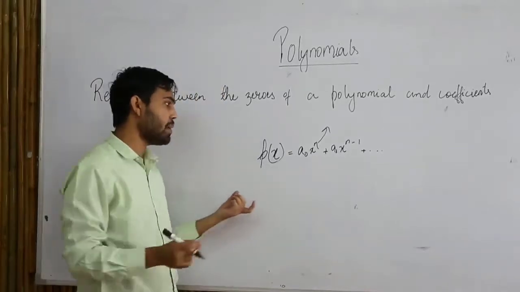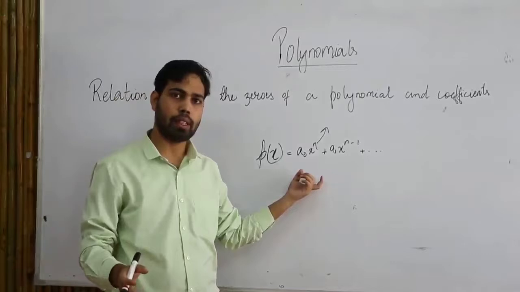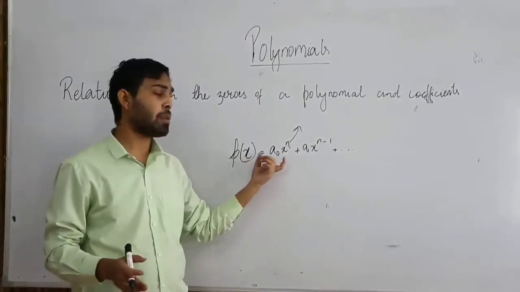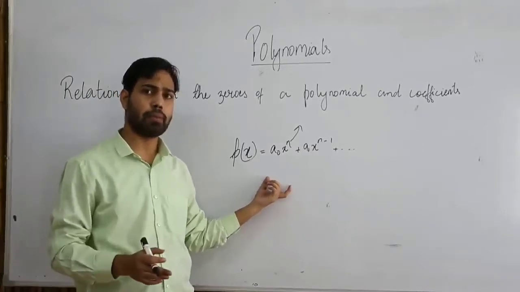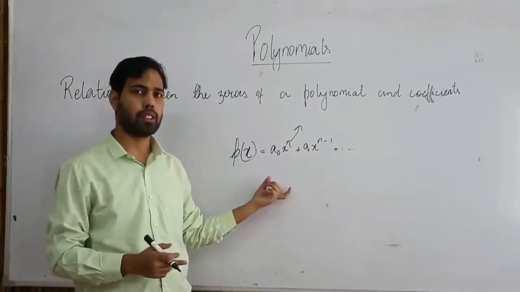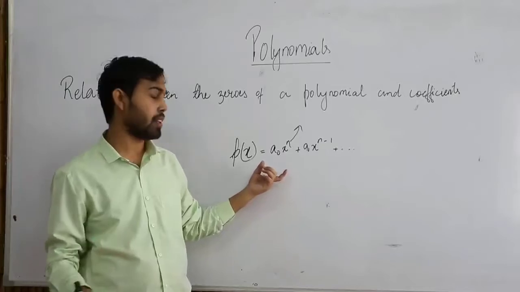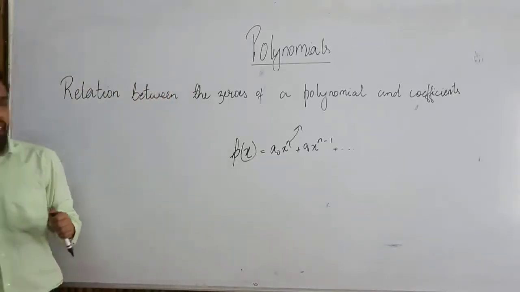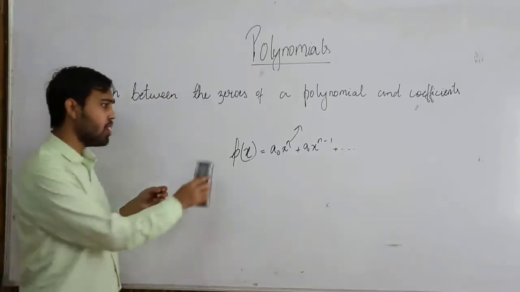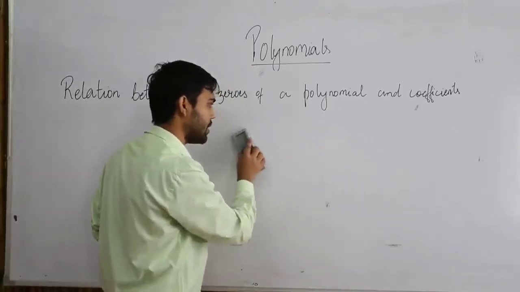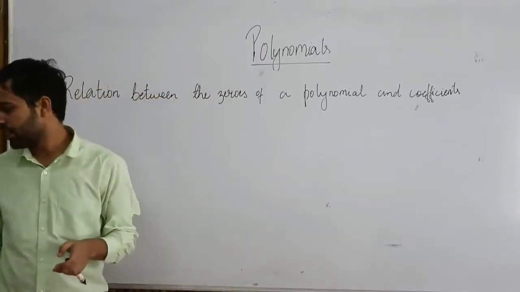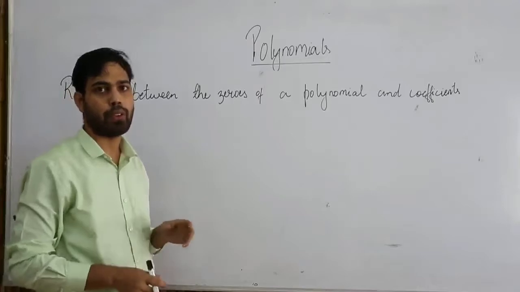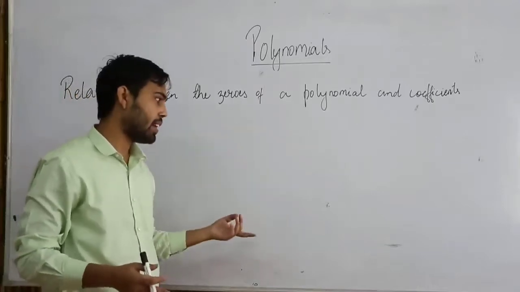So if I have a linear polynomial, the degree of a linear polynomial is 1, so a linear polynomial has 1 zero. If I have a quadratic polynomial, the degree is 2, so it will have 2 zeros. A cubic polynomial will have 3 zeros, and it continues in this way. Since, as I told you, we are focusing on polynomials with single variables only, and more on quadratic polynomials where the degree is 2, for a quadratic polynomial I'll be having 2 zeros.